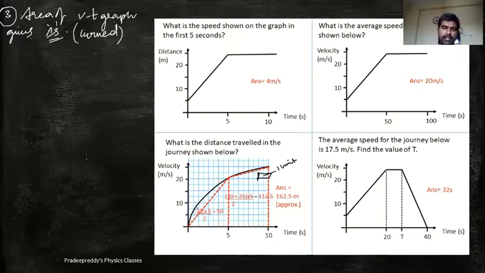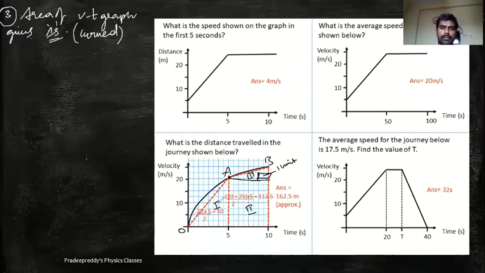So the same thing I can do here. Or instead of that, I don't want to make it complicated. So what I am doing, see from this part, let me consider this as O, A and B. AB is approximately straight, not exactly straight, but approximately straight. So I am drawing a line from A to B. Okay. And this is treated to be a straight line. I will be finding out this area. It becomes one triangle with one rectangle. Next, from O to A, I'll draw one small straight line, and this becomes one triangle. So region 1, region 2 and region 3.